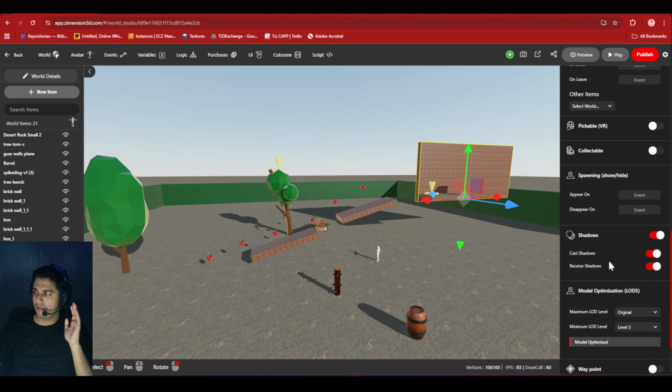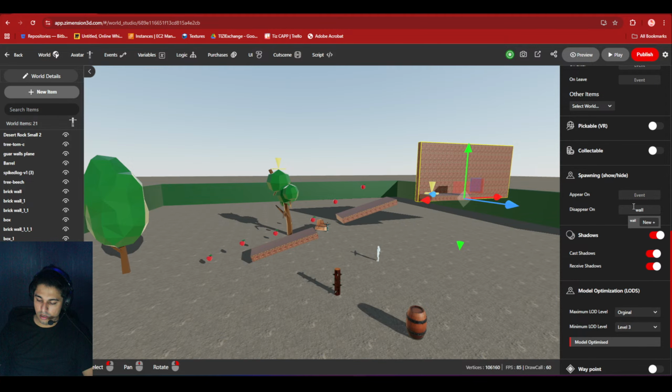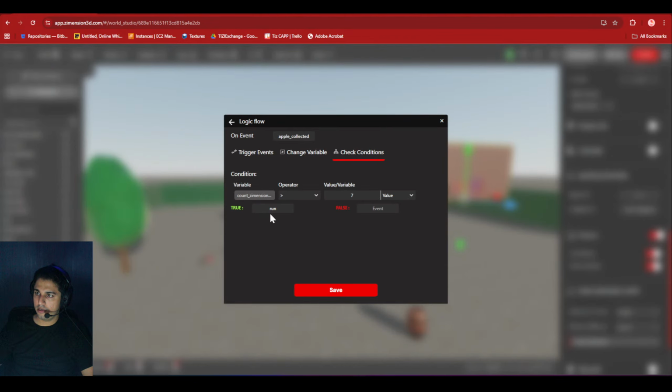I want to make this wall disappear. So on disappear, I'll just write a name like wall disappear, and I'll click on new to create this event, and this should now appear in the logic section here. Okay. So I'll delete this run and select wall disappear.